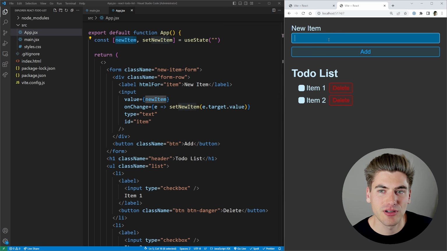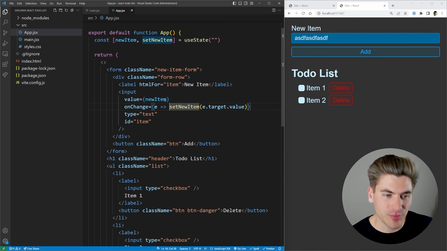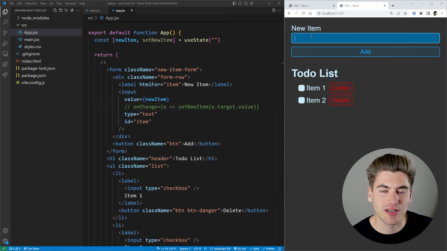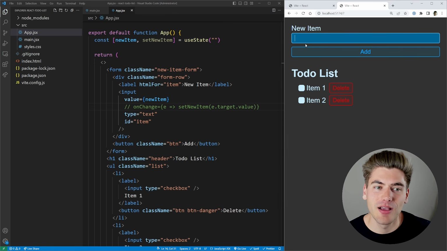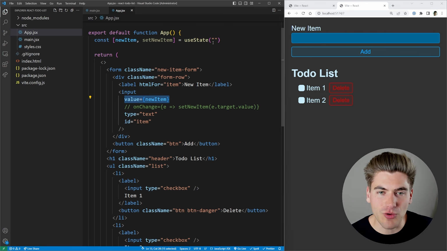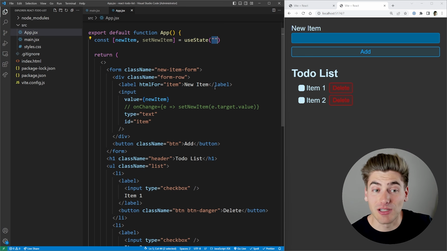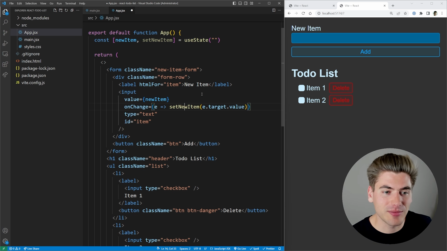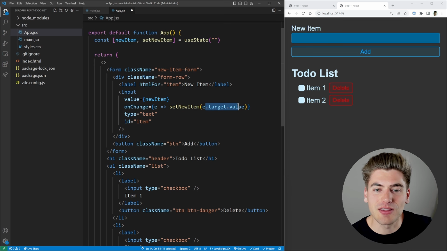So now if I refresh and I type, you notice my input is working just like it did before. If, for example, I remove this onChange and I try this and I refresh, you're going to notice I'm typing, but nothing at all is happening. And that's because my value is set to be newItem, which is an empty string. So I'm declaring that my input always has a value of empty string, but I'm never updating it, so it's never getting changed. Here, I'm saying whenever I change my input, get the new value of my input, set that as my new item,